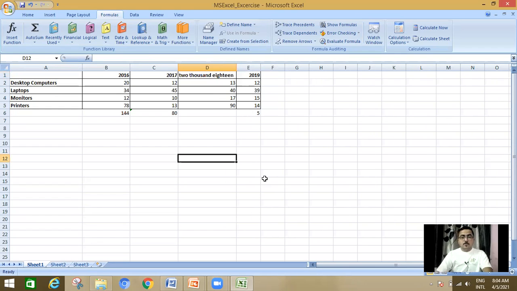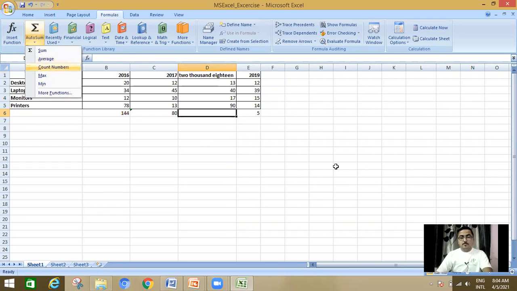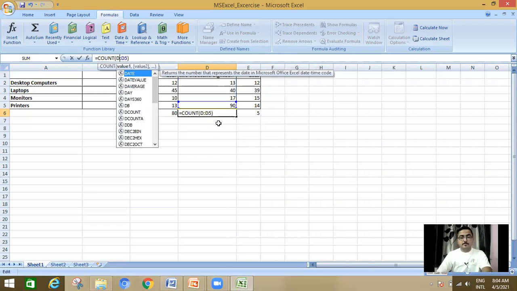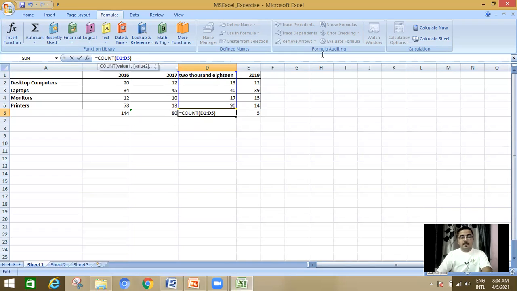So, if I calculate here a normal COUNT, for example from D1, then click on enter.